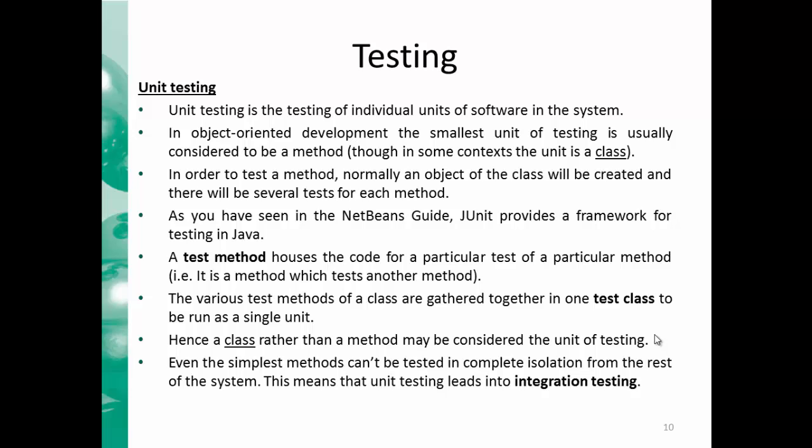This individual unit can be a class or can be a method. To be able to test a class, we need to create an object of that class and then perform all the behaviors of the class using that object